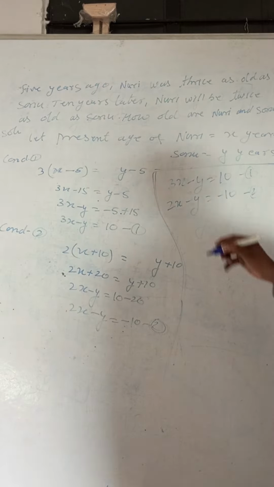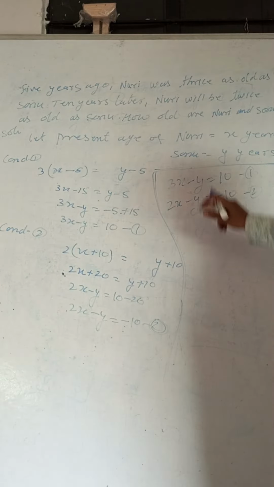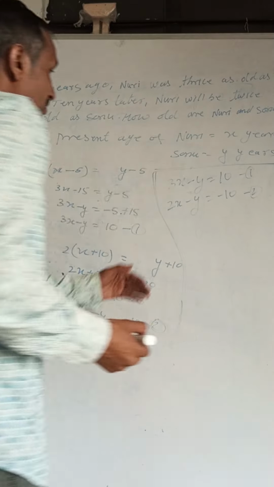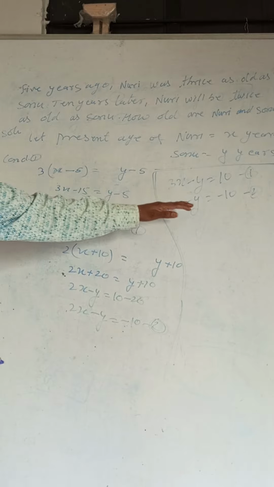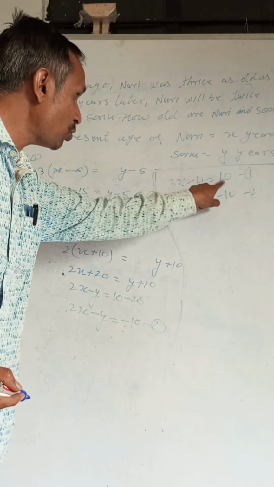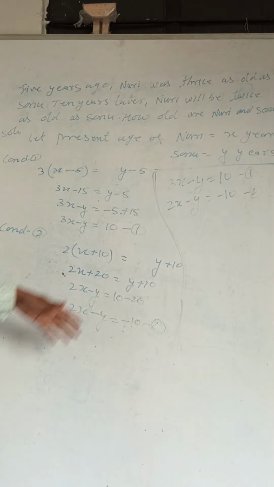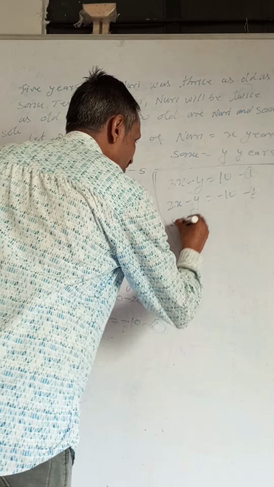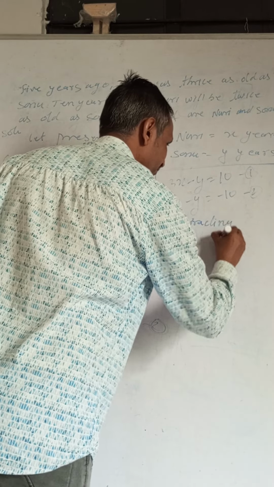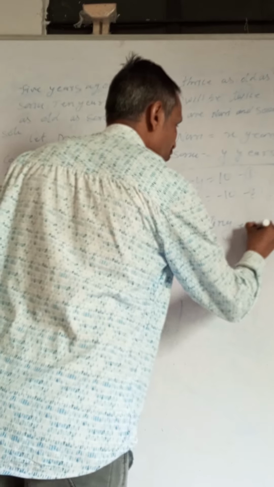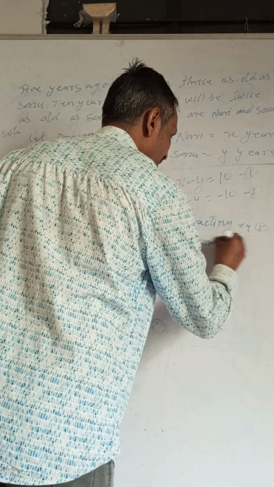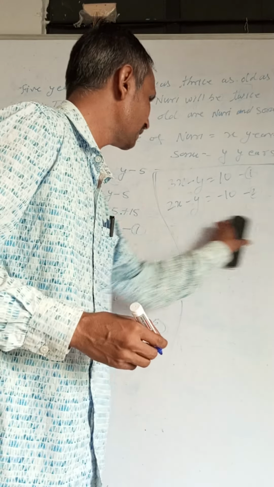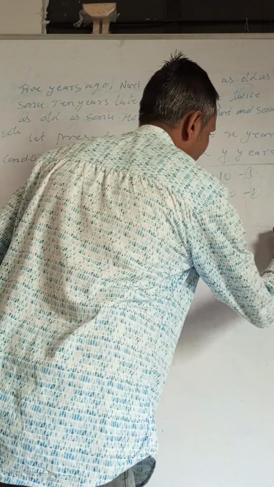Equation number 2. Now you can see one variable is equal, that is y. So if we are subtracting equation number 2 from 1, otherwise 1 from 2. So what can we do? We are subtracting equation 2 from 1. What we can do is change the sign and keep the other. So erasing it and writing directly the line down.